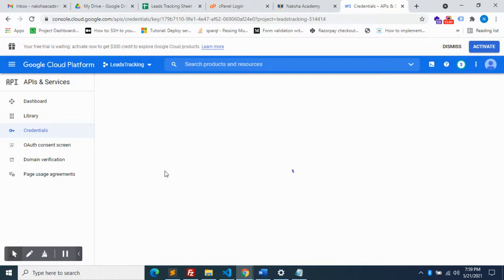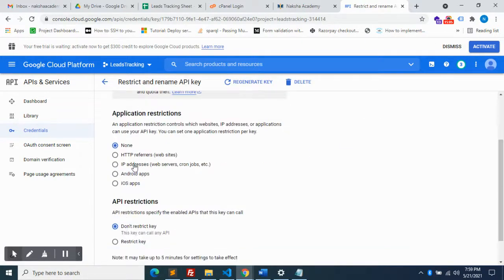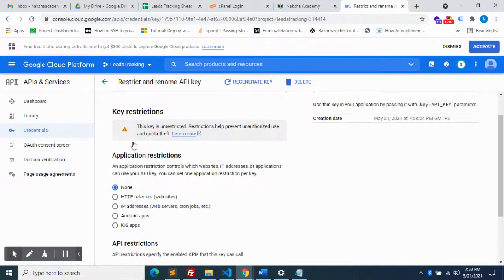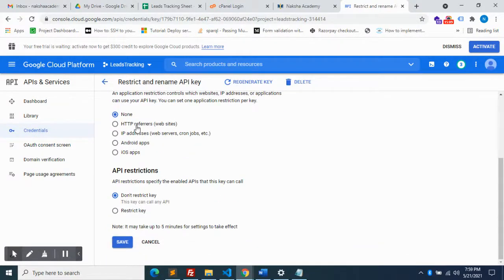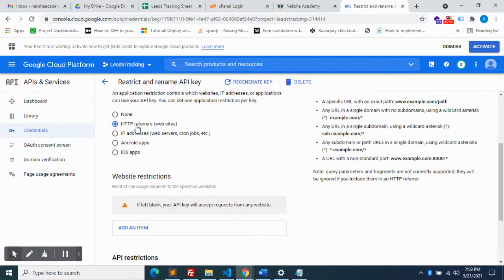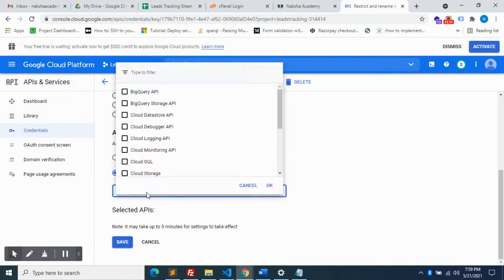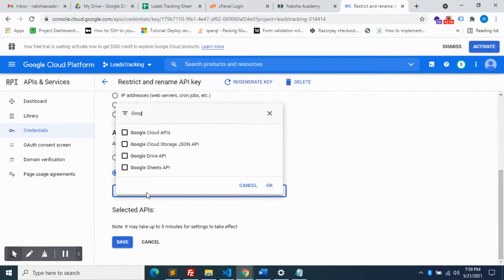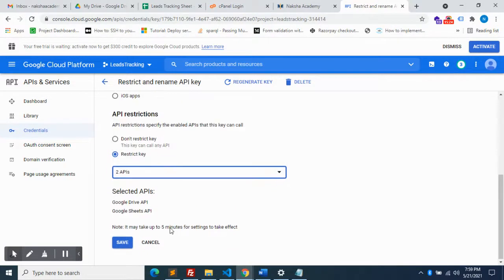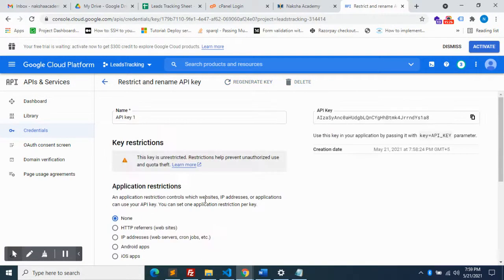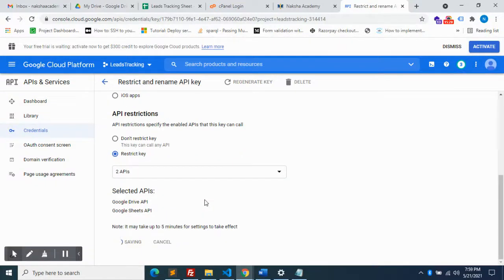Click restrict key. Then application restriction, no. Websites. Restrict key, select APIs, Google Drive API, Google Sheets API, okay, save. Now it's done.